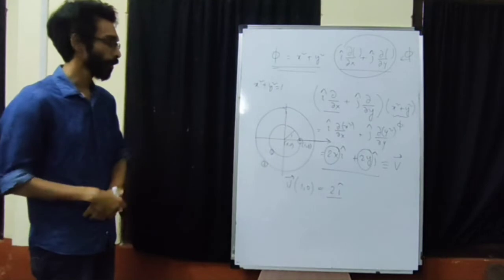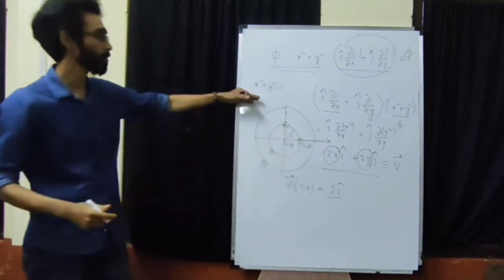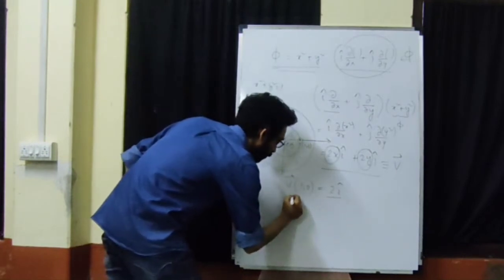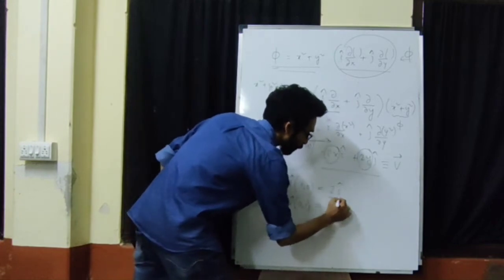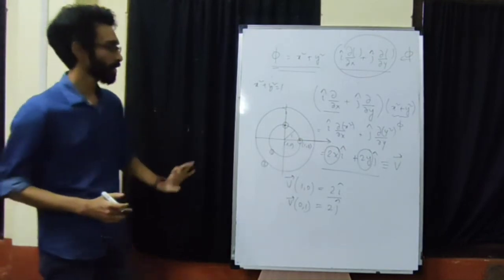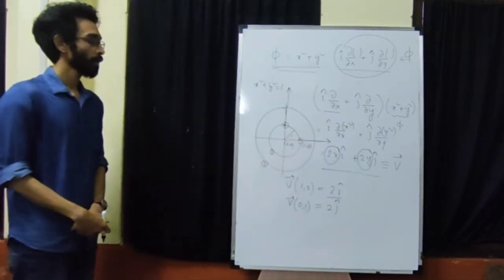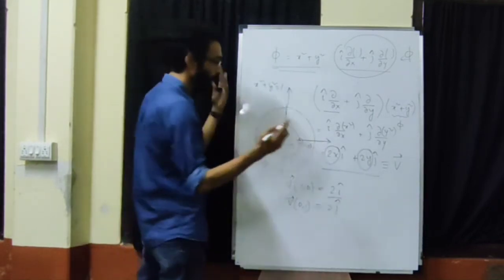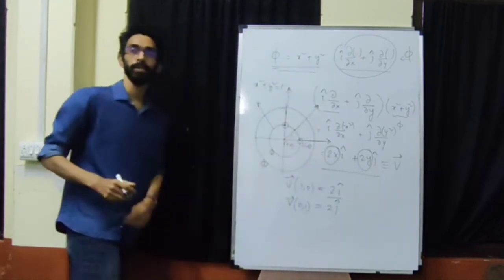Let's take another point. What is the coordinate of this point? This point has to satisfy this equation, so this point is (0, 1). At this point our vector is twice j cap. So this is again another vector with length 2, but now it's in the direction of the y axis. So there are two points. We can show that if we take any other point, we'll see that this vector will always be normal to the surface.